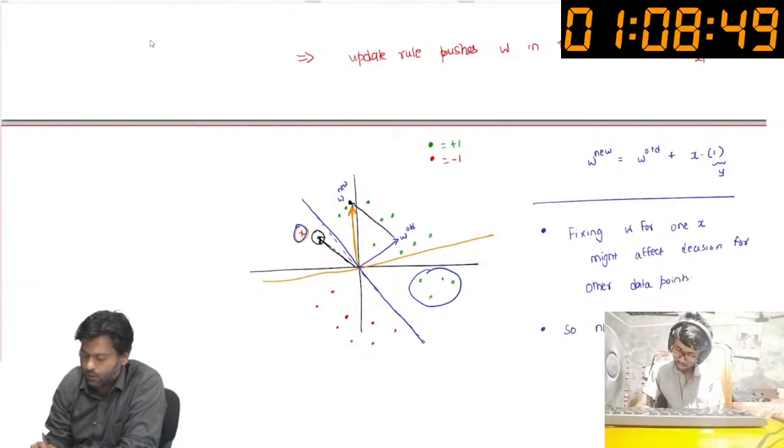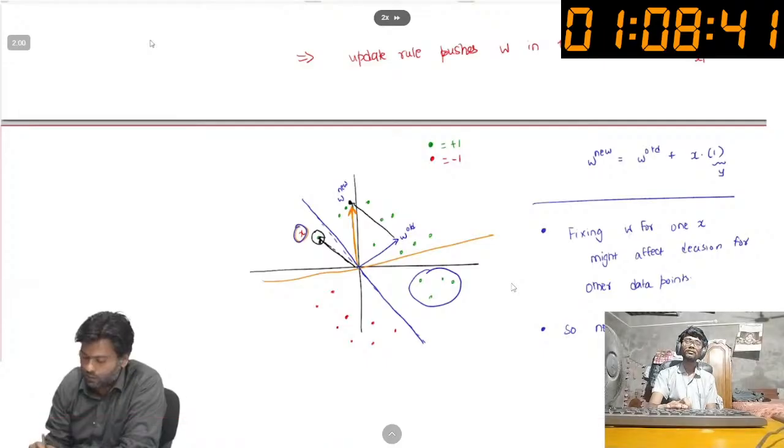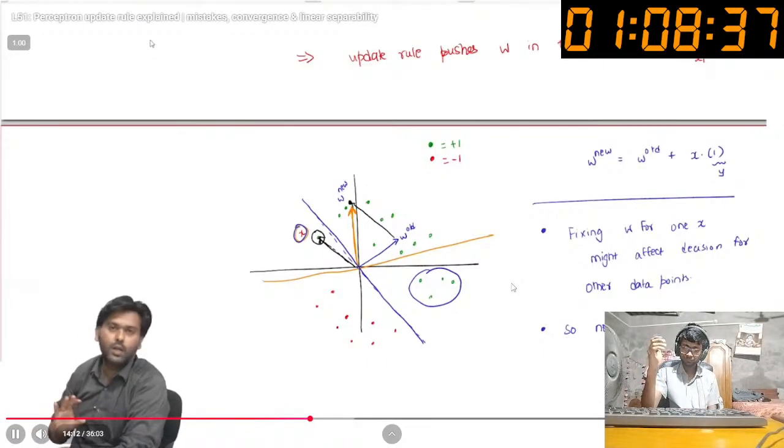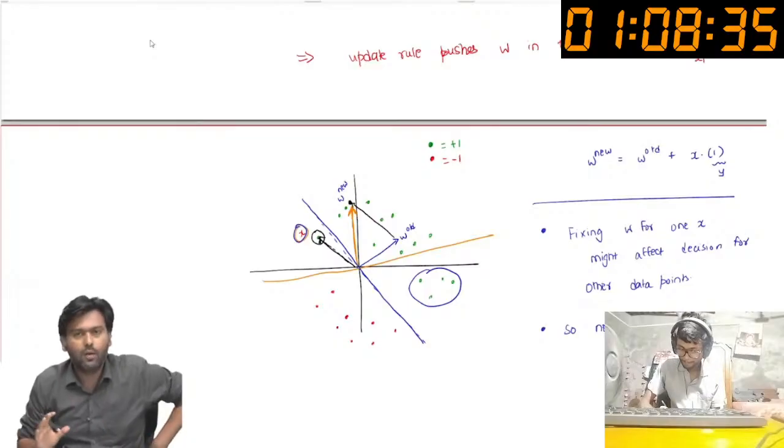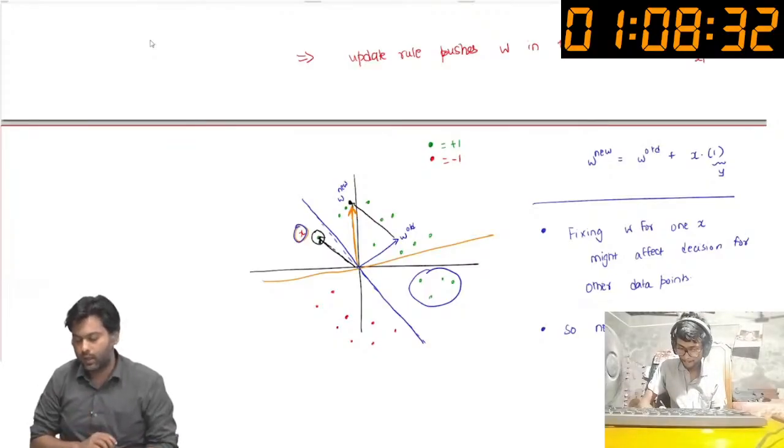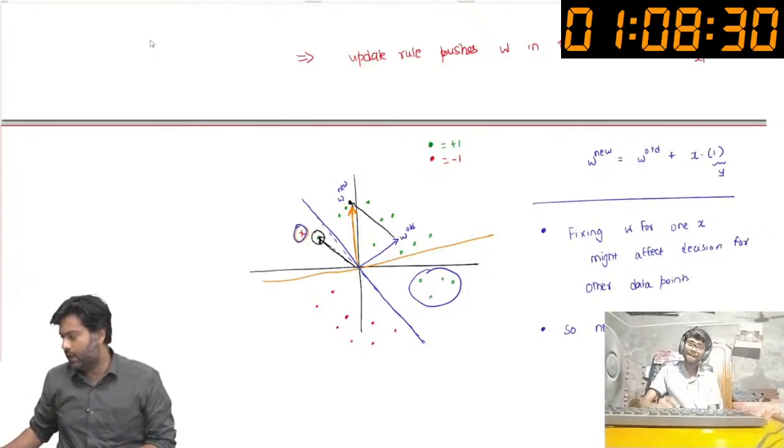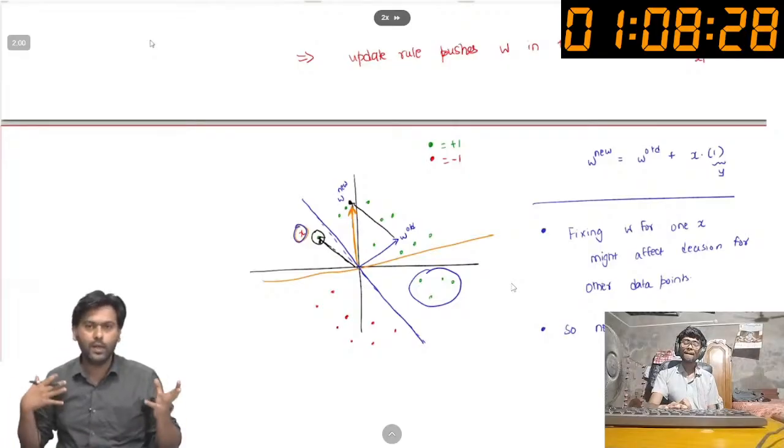So we need a more careful argument for convergence. We have to be very careful when we are trying to argue convergence of this algorithm. Okay, so let's look at another example, which is another revealing example that will give us some